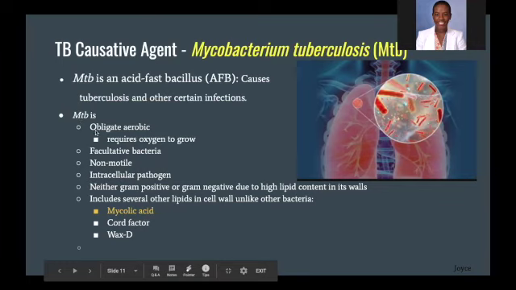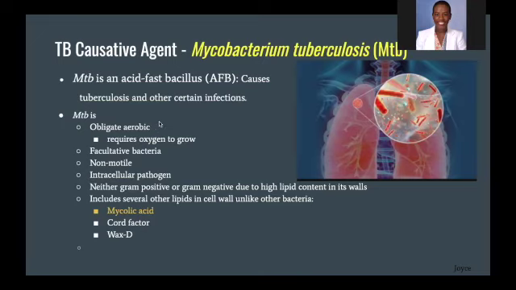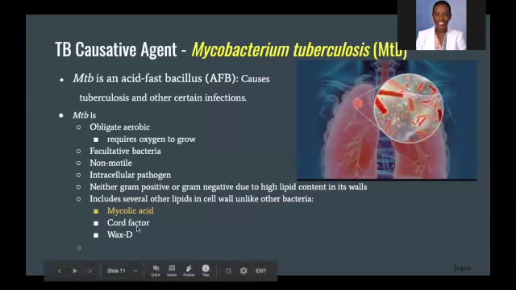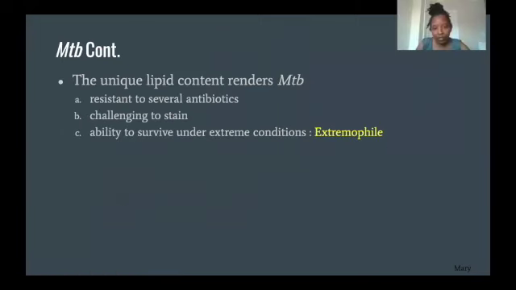A bit about it again, it's an obligate aerobic bacteria, meaning it needs oxygen to survive and grow inside the host, but it can also be facultative. So if it lacks oxygen, it can find other ways to grow in the host. It's non-motile, and it's an intracellular pathogen, meaning it needs a human host to survive. It's also neither gram-positive nor gram-negative due to its high lipid content, like mycolic acid, the cord factor, and wax fats. Lipid content renders Mycobacterium TB